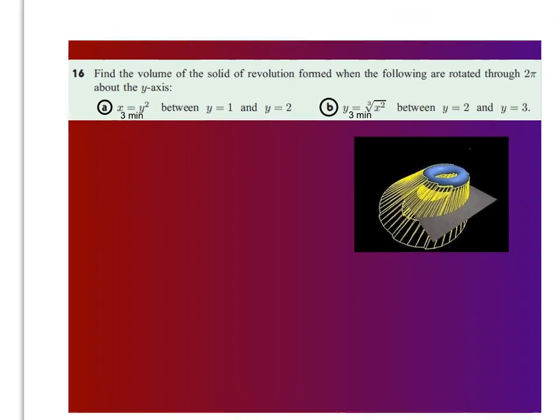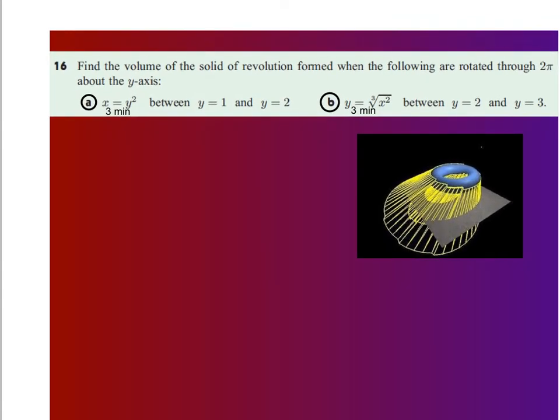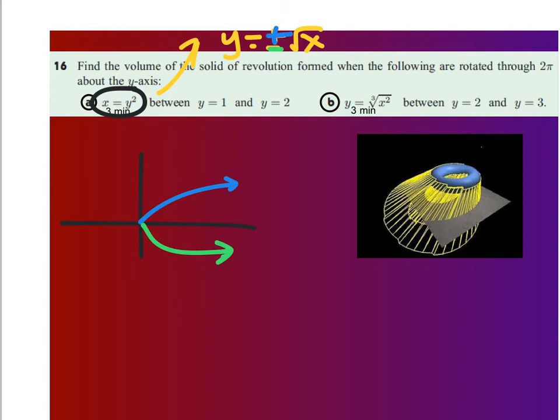All right, so in this example here, what I want to do is revolve a function around the y-axis. Okay, so there's not a whole lot different. We're just going to change our variable of integration. So this function x equals y squared, actually if you were to look at this, this would be y equals plus or minus the square root of x, with the positive portion right here and the negative portion down here. Since we're revolving this about the y-axis between y equals 1 and y equals 2,